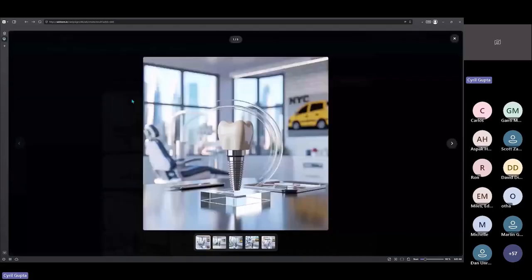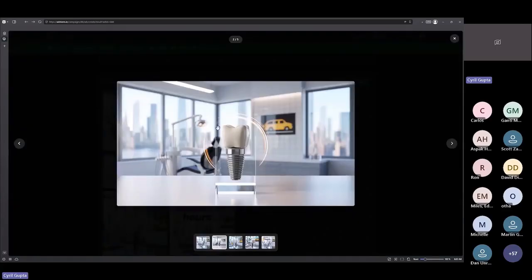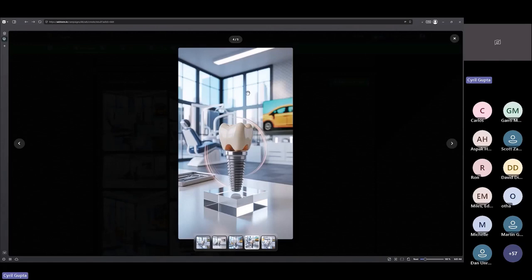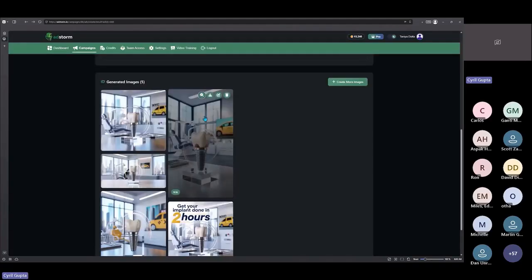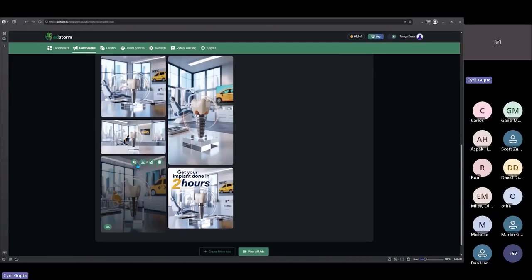Look at this visual. You can see it's composed for a square shape. This car is over here. All the elements are in focus for a square shaped ad. Now for a landscape shaped ad, you've got the same ethos, but now you've got more of the frame visible, and the composition is updated for a widescreen ad. For a highly tight vertical ad, you can see the car is still there, the elements are still there, but the composition is now changed. So it remembered that this is a vertical ad. We have to recompose everything. So that's the beauty of AI. It can recompose and make perfect ads for every platform.